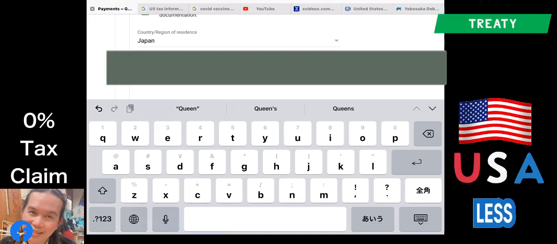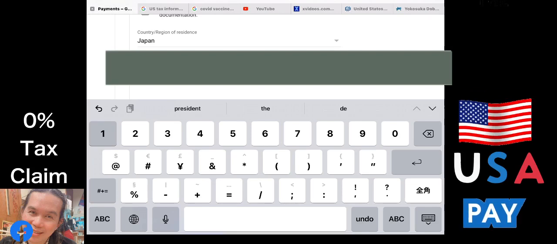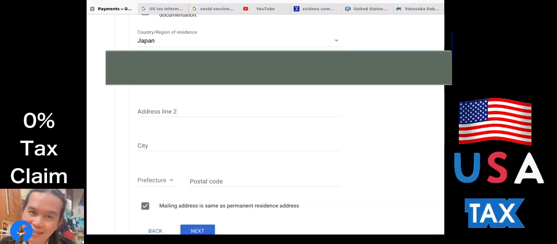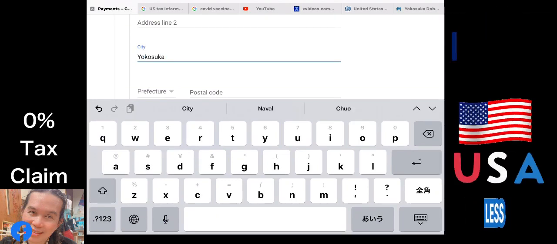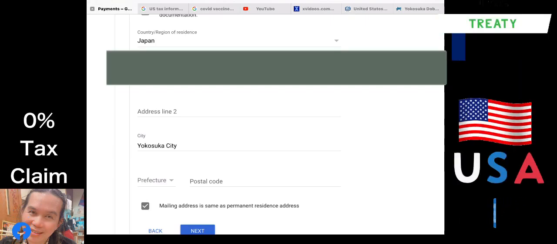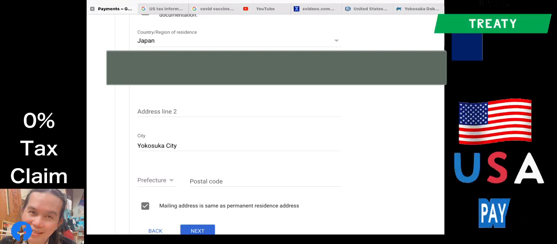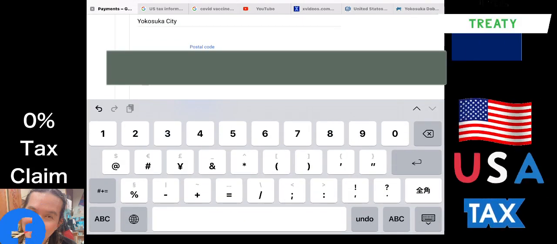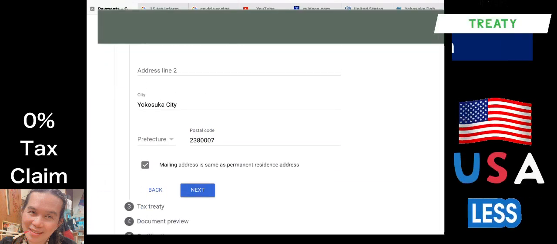Claiming this treaty with the US is a very big help, especially on us YouTubers. So we have to claim the treaty that our country has with the USA to be exempted in paying taxes if you are earning money in the US but you are based outside the US. So this is the case. So after entering your address,